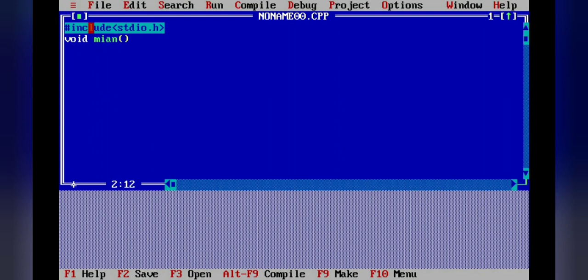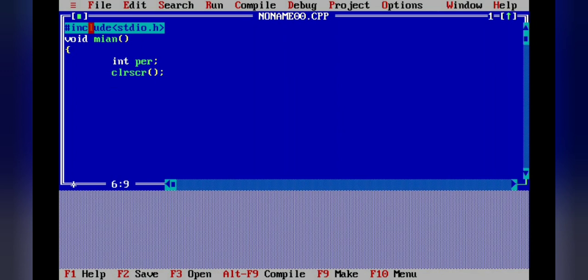Now we will define the opening curly bracket and integer percentage, per, the value I am taking from the user. So now with scanf we will take that value, first clrscr to remove our previous output.